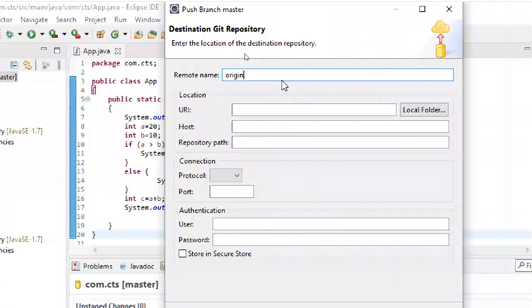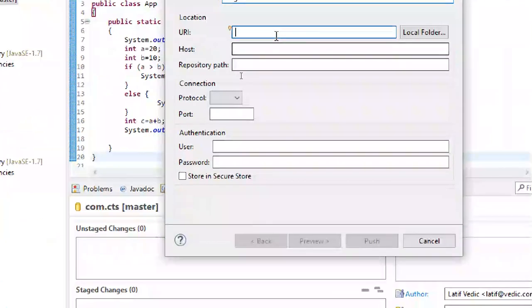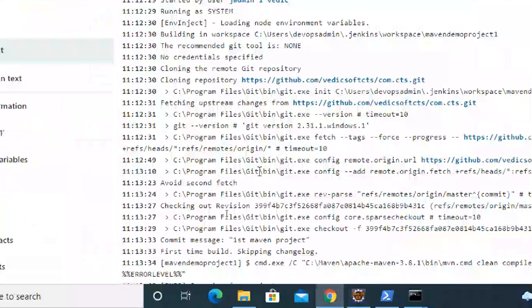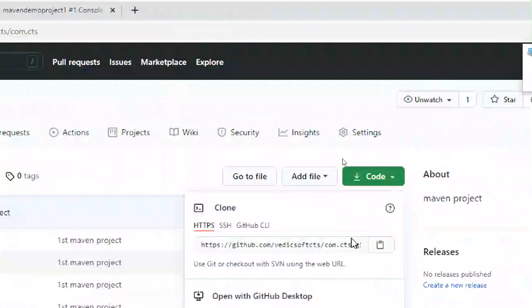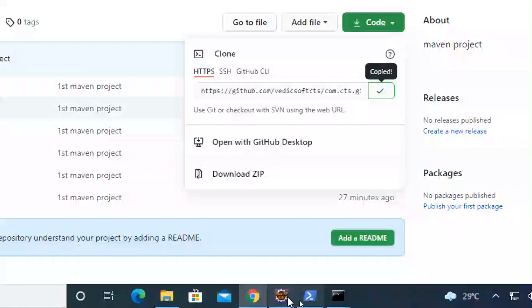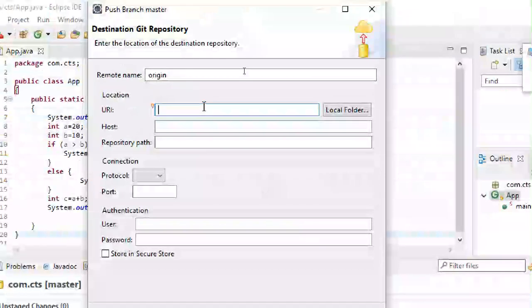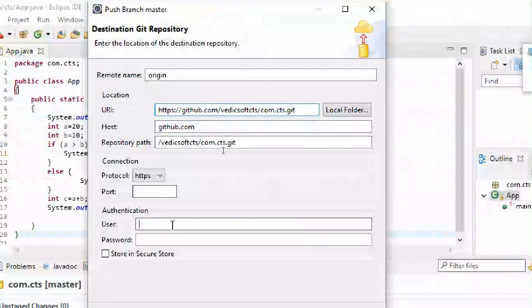Oh, the origin link is always the same, but why is it asking for a link? Copy. Continuous development, right?